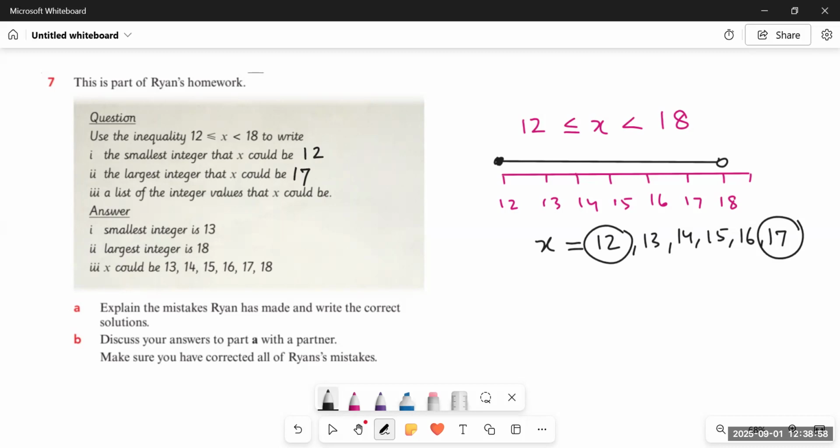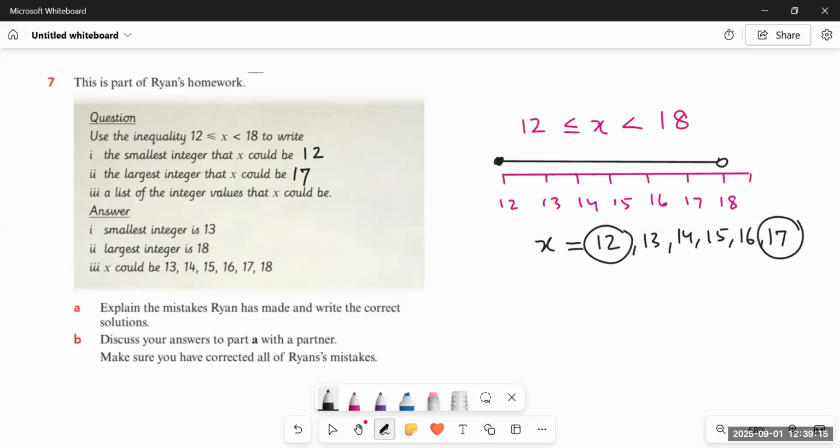So what he has done is the reverse of what actually has to be done. He has included 18 and he does not include 12. Although he must have included 12 and omitted 18. 18 is not included whereas 12 is included. So the correct answer to parts 1 and 2 would be 12 and 17. And then